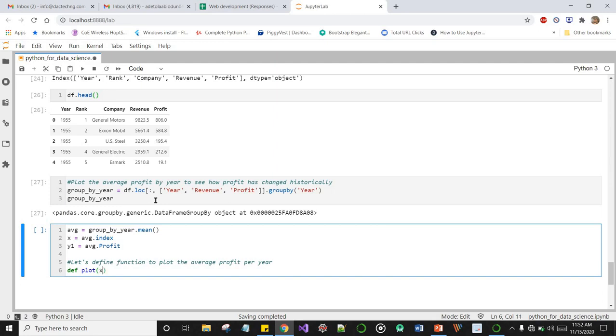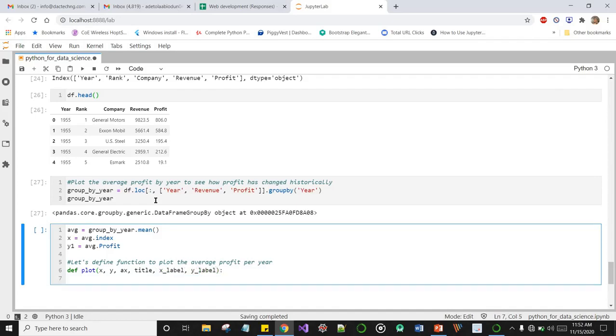Functions take what are known as parameters, or arguments. So let's pass some arguments into this function: axis, x, y, title, x_label, comma, y_label. And we have our indentation.